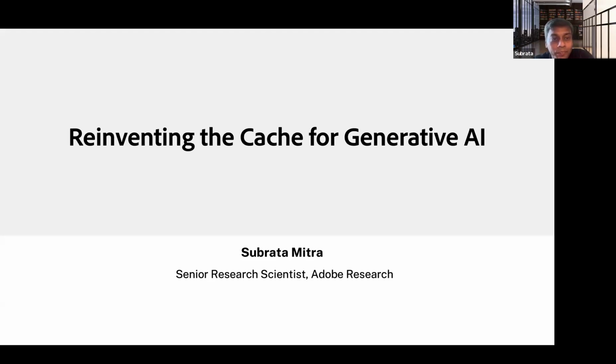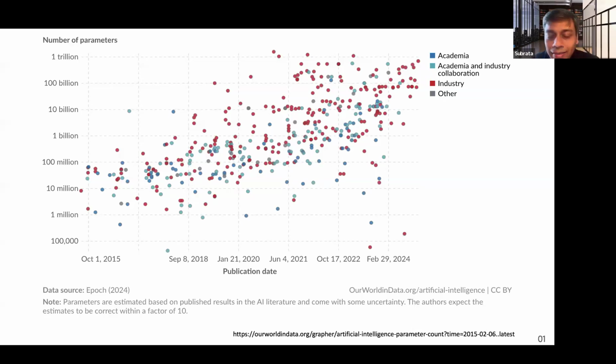So today I will talk about reinventing the cache for generative AI. And before I start, I guess this is a must-have diagram for any presentation on generative AI. This is a nice website where you can visualize the growth of different types of generative models across various timelines. I just took a snapshot between 2015 and 2024. On the x-axis is the timeline, the y-axis is the number of parameters that these models have. As expected, we can see a huge growth in the model size, which is not new news anymore. And we can see that there is a bunch of models coming from industry and also some models from